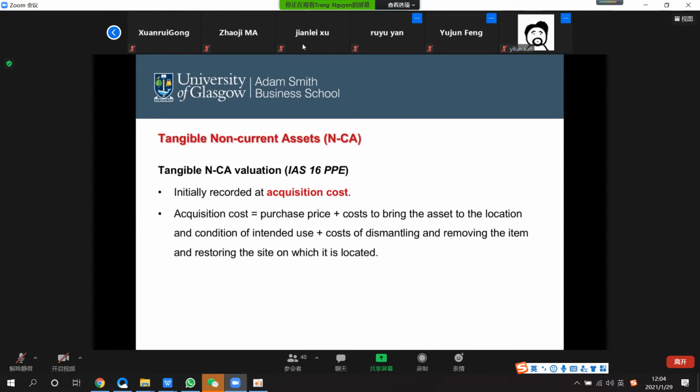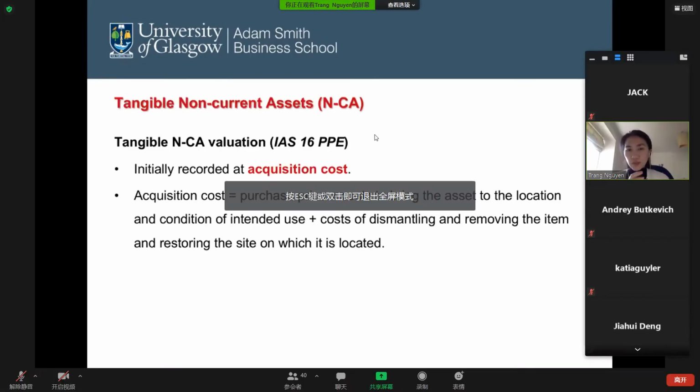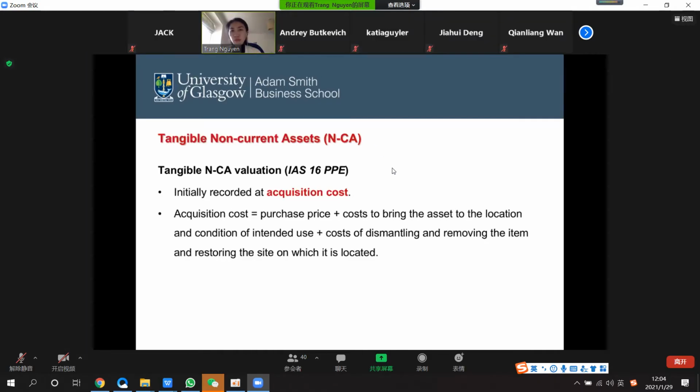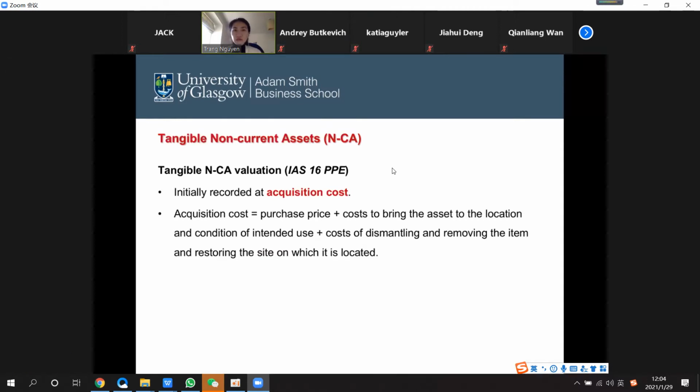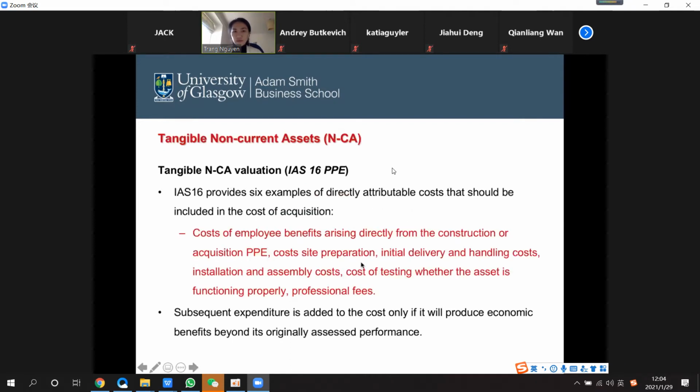IAS 16 focuses on property, plant, and equipment. That is a cost that brings the property, plant, or equipment available, including purchase price, cost to bring the assets, and cost of removing or restoring it. And remember this one,